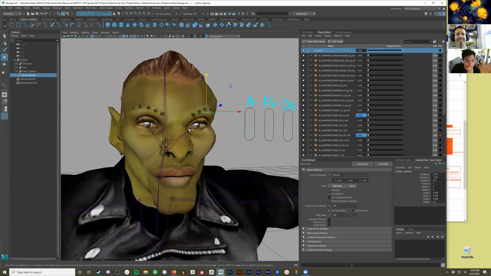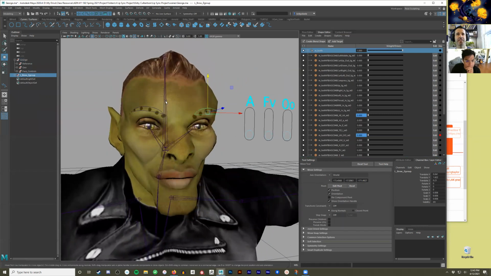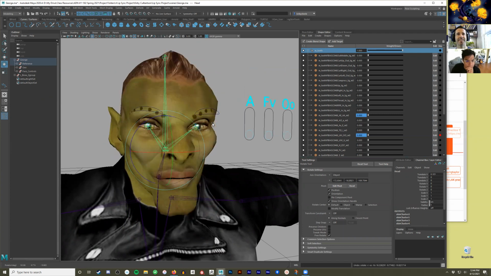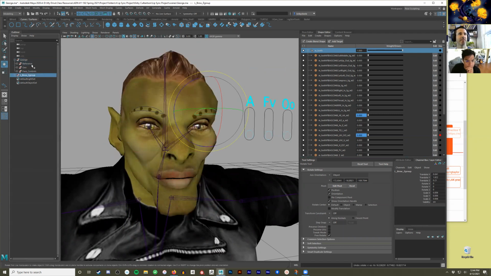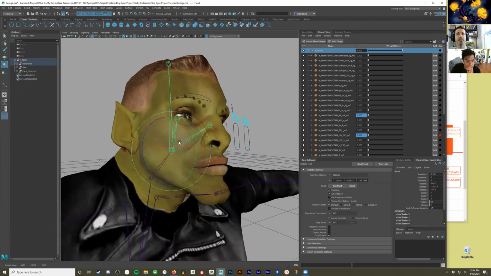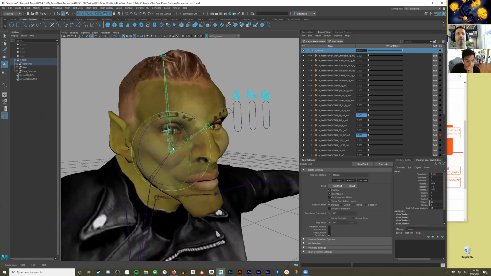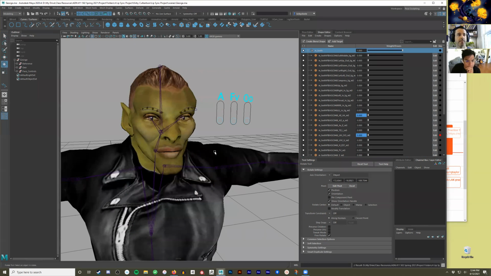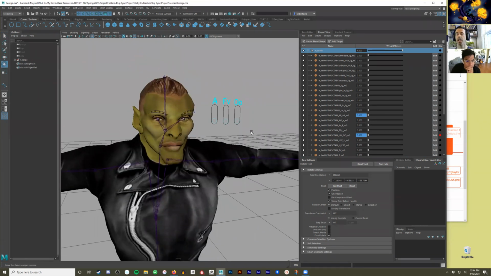Here's another control that's being left behind now. So if I rotated this head, the left brow control is not following along. So I want to make sure to drop all my controls into my face controls group so that if I rotate the head, all this stuff is following along. So save that. Great. And that's pretty much the process you'll need to go through